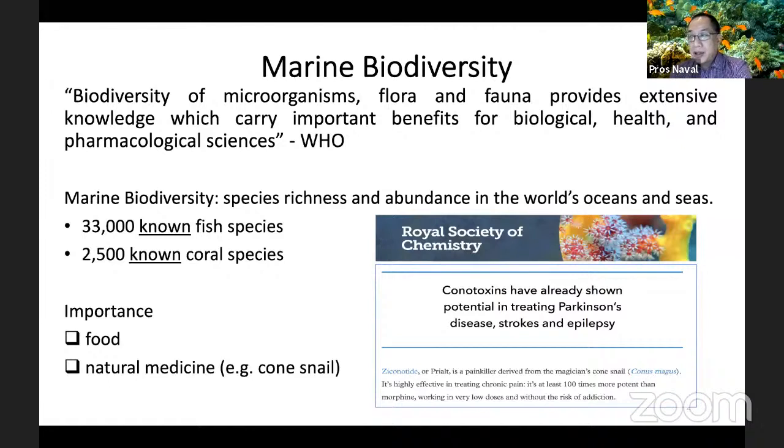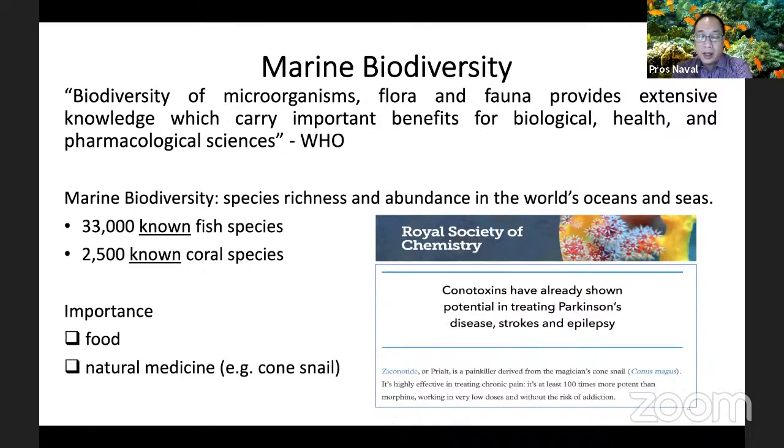For marine ecosystems, this variety shows itself in the wide differences between species and even within species, as well as the abundance of these species in the world's oceans and seas. Marine biodiversity is important for us for several reasons. The ocean itself is not only a source of food for us, it can also provide us medicine that can cure diseases like